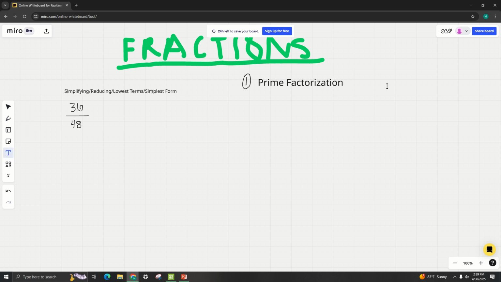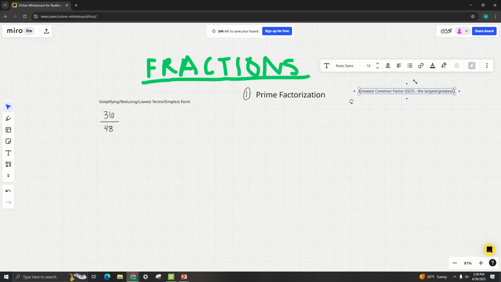So let me also write that out, a little vocab over here. Greatest common factor. If you remember from school, you might remember this being referred to as the GCF. But essentially, the greatest common factor is the greatest number that our numerator and denominator have in common that they can be divided by. So the largest, greatest number,